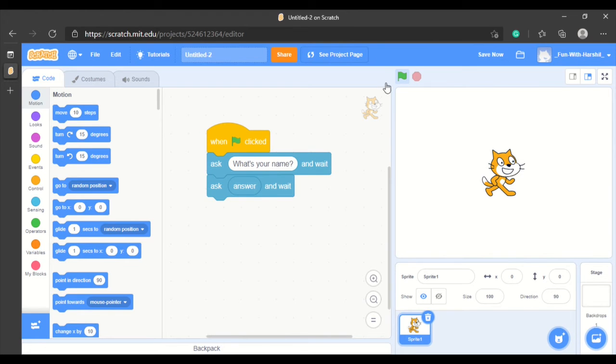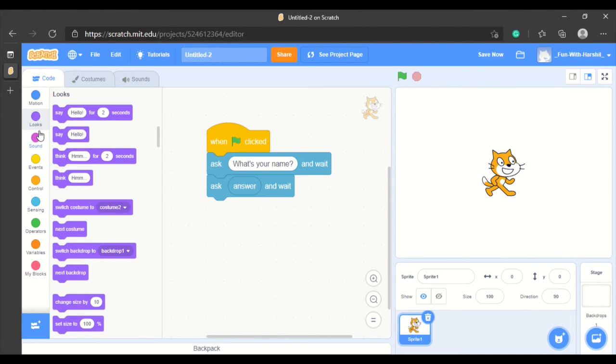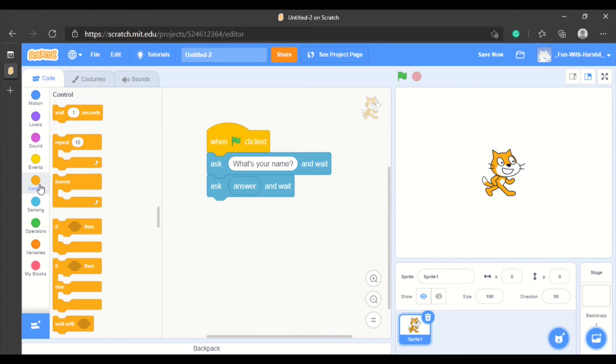So if you want that it takes a little bit of break, come on the control section and drag and drop wait 1 second.